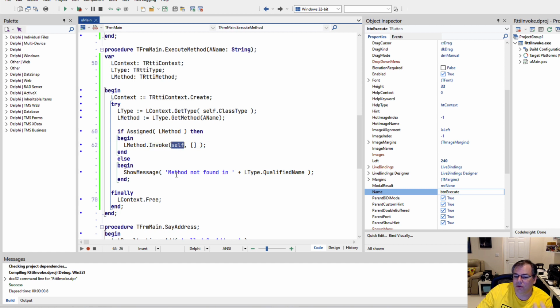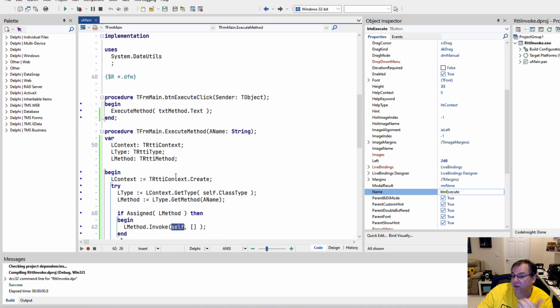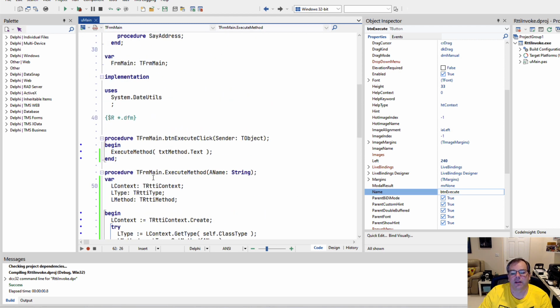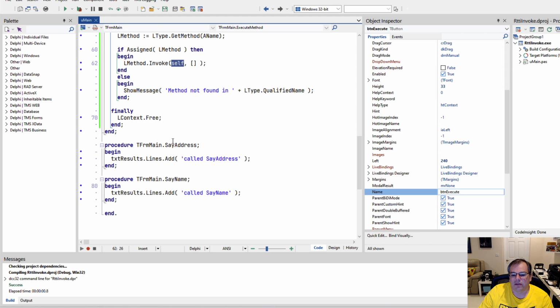And the object that we use here is Self, and Self is the form. And that means that either this or this method is being called.